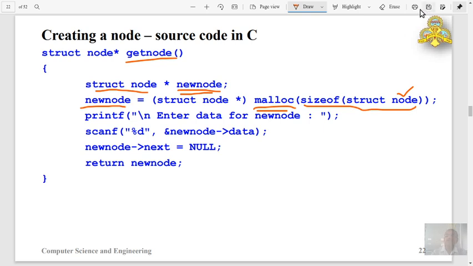Hence whatever value is returned by malloc is converted into the type of struct node by using the typecasting method. So this is the typecasting method. Now new node has the address of the just created node.